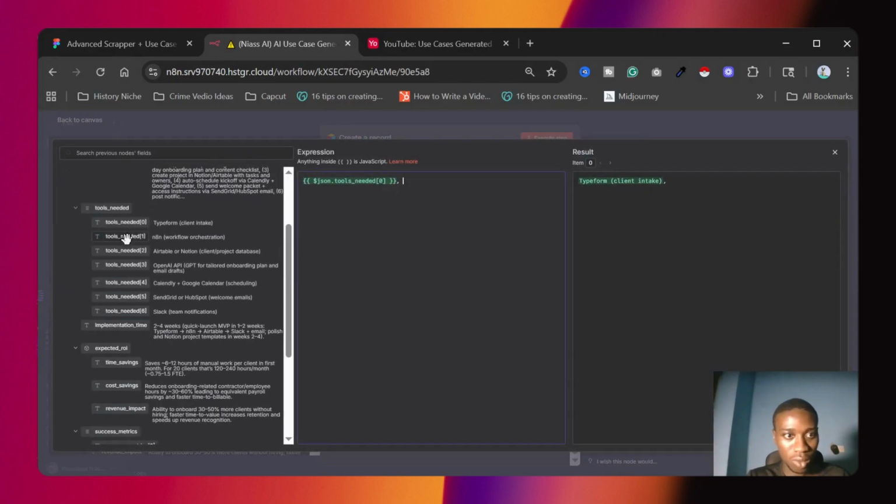Typeform. And then workflow orchestration, Airtable, AI.